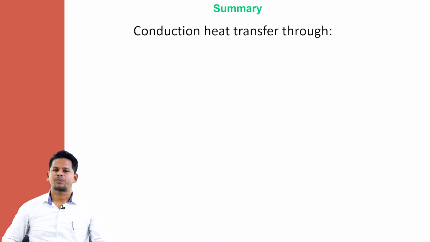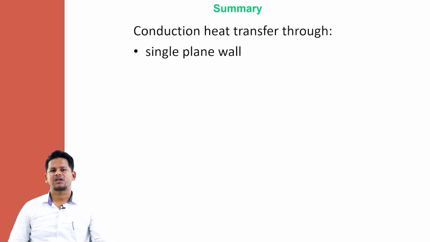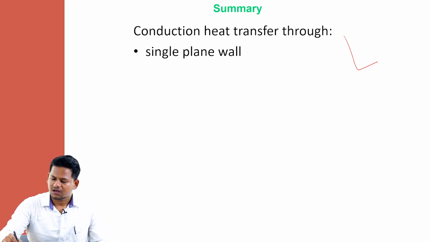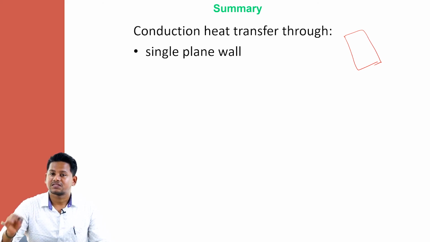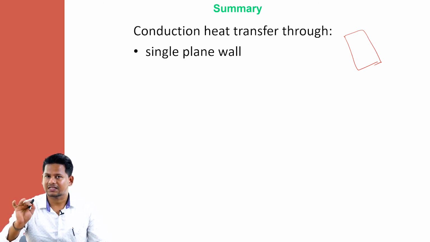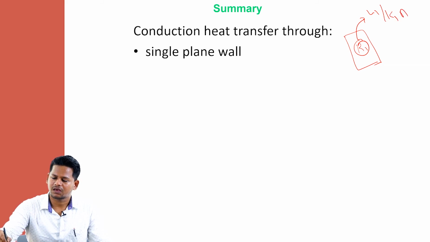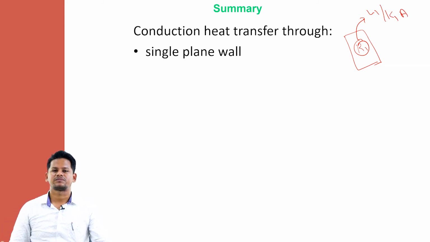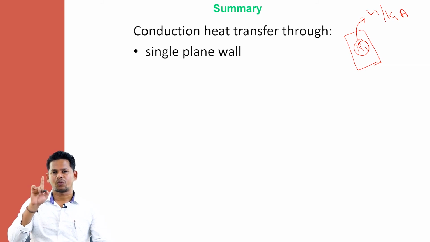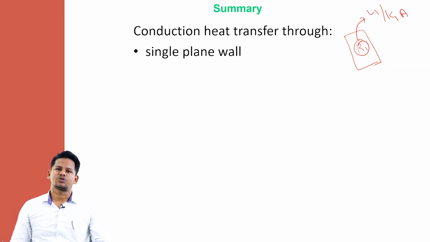So you can recall the topics which were discussed in today's class. First we discussed heat transfer mechanism in a single plane wall. Only conduction, and conduction plus convection. If you have only conduction, very simple, we have only R1. What is R1? L1 by K1A. This is our first case. Only one material, which is homogeneous material, single wall heat transfer, one dimensional steady state heat transfer through a single plane